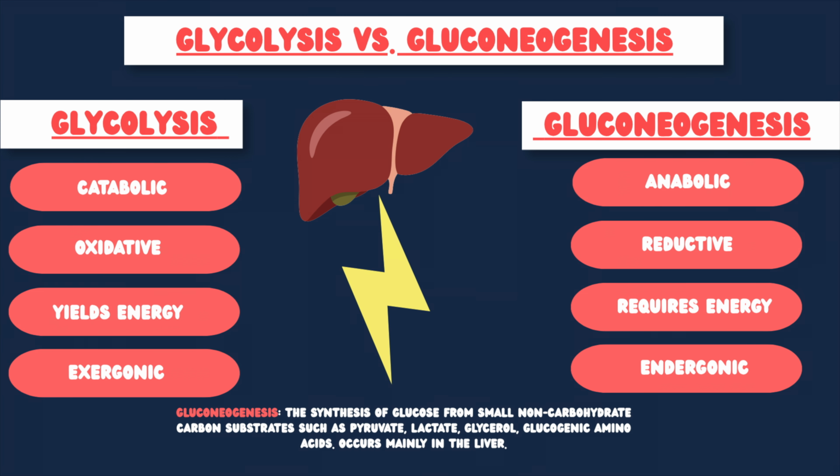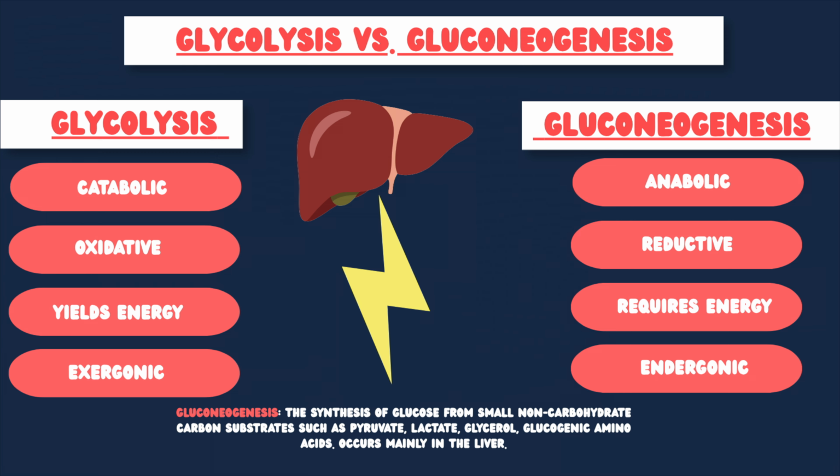So what is gluconeogenesis? It's the synthesis of glucose from small non-carbohydrate carbon substrates such as pyruvate, lactate, glycerol, glucogenic amino acids, and this occurs mainly in the liver. Well, how is this all different from glycolysis? Well, glycolysis is catabolic. It starts with a 6-carbon molecule, and is then split up into multiple 3-carbon molecules. It is also oxidative. Its NADH is reduced. It yields energy. Its net yield is 2 ATP, and the reaction has a negative delta G, so it is